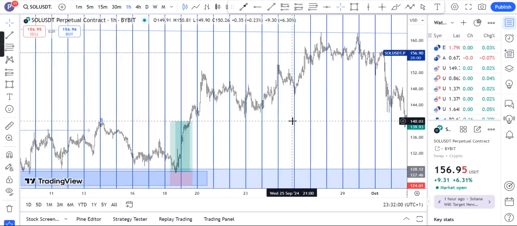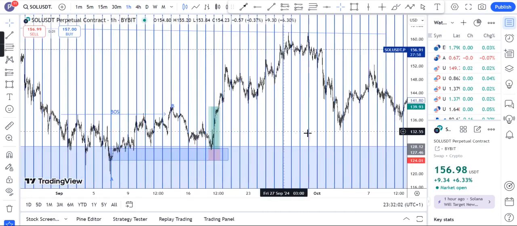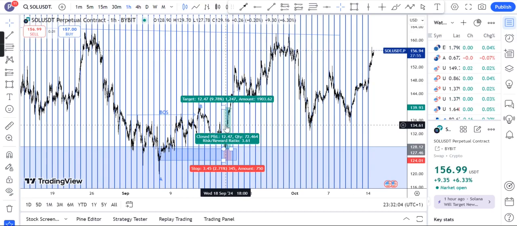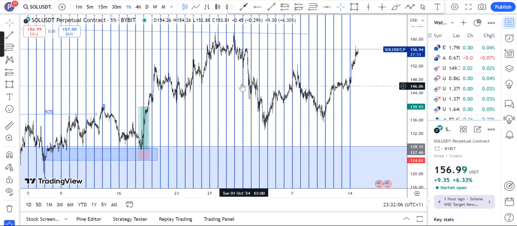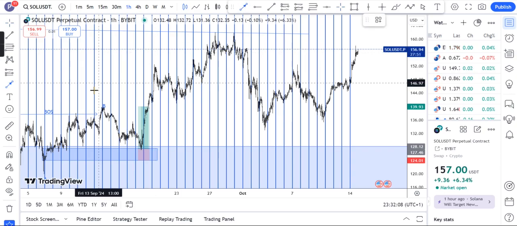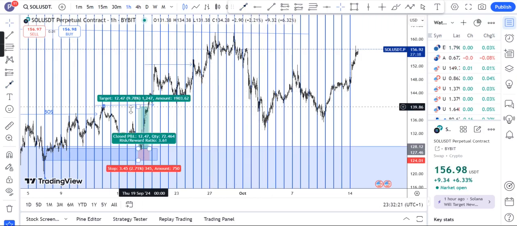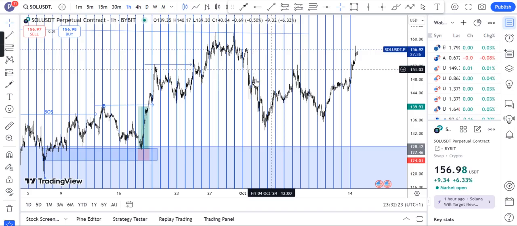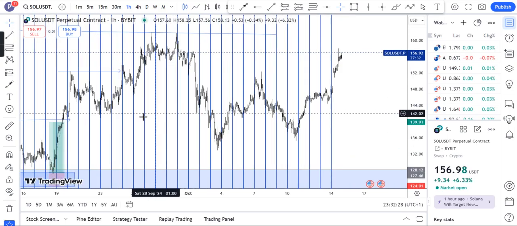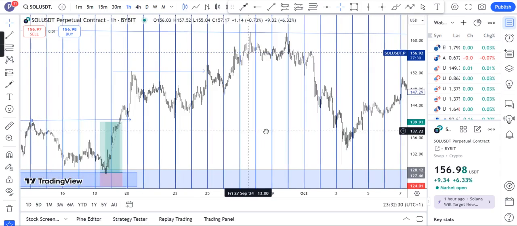Having done that, we now look for the new structure. The new structure of this market is now we are marking the new levels the market has broken. So the market broke this high, and also it broke this high here. Now, the market having broken this high and this high, we can see that we ideally are supposed to mark